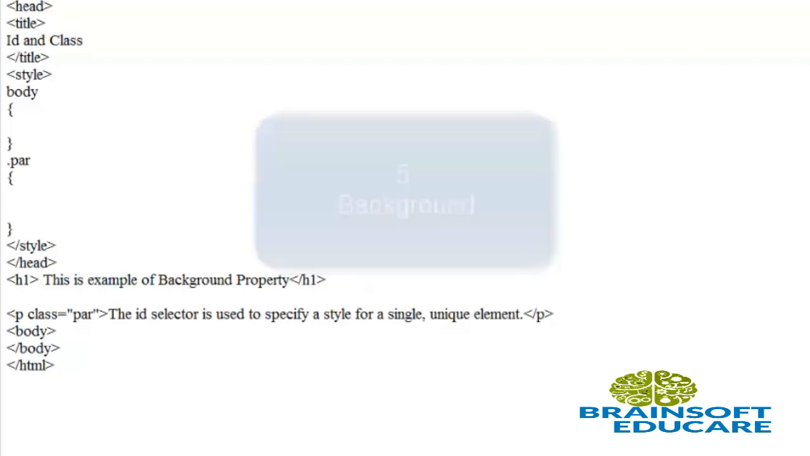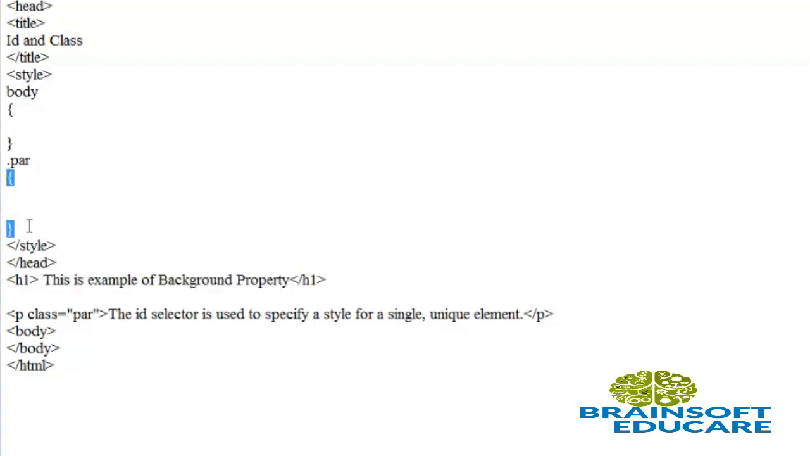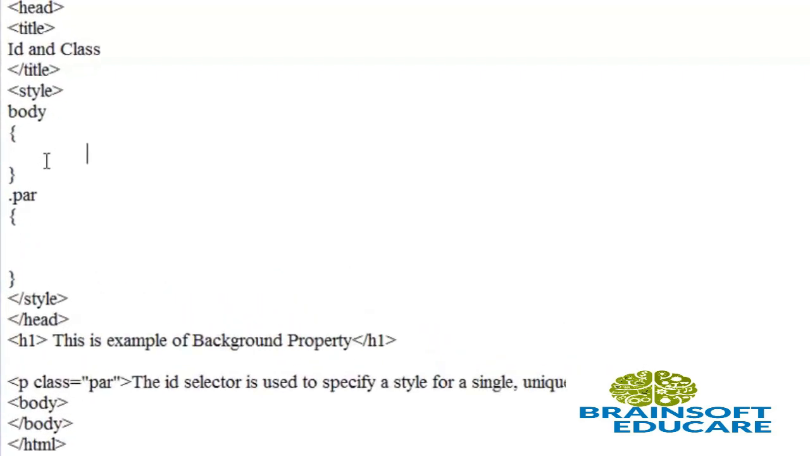So we are utilizing the same HTML code which we have created in the previous tutorial. We have created one h1 tag and one p tag, and we have defined class paragraph, and we have also used the body selector. So now to set